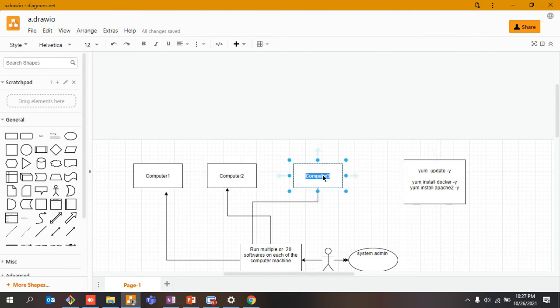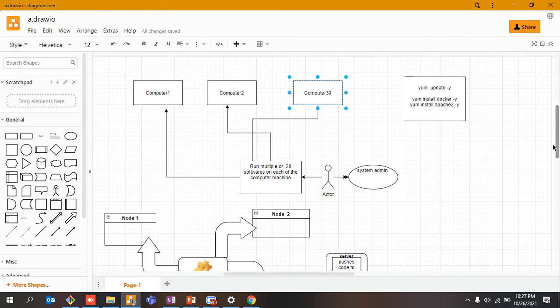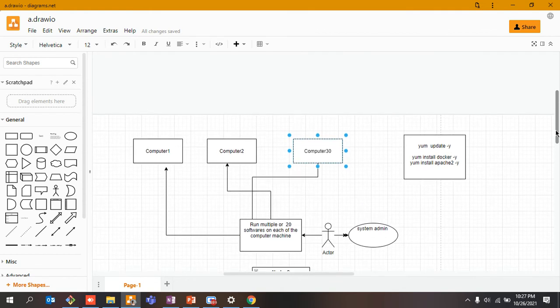Let's say I'm on my computer 30. By this time it's almost 9 o'clock. At 9 o'clock I started, and it's almost 9 o'clock, and now there is some issue. I tend to forget a number of things, and I'm not able to configure. So this is the kind of task that a system admin may encounter, right? This is a very, very tedious task, and it is very cumbersome to take care of each and everything. Make sure that exactly 20 softwares are installed, they are up, they are running.